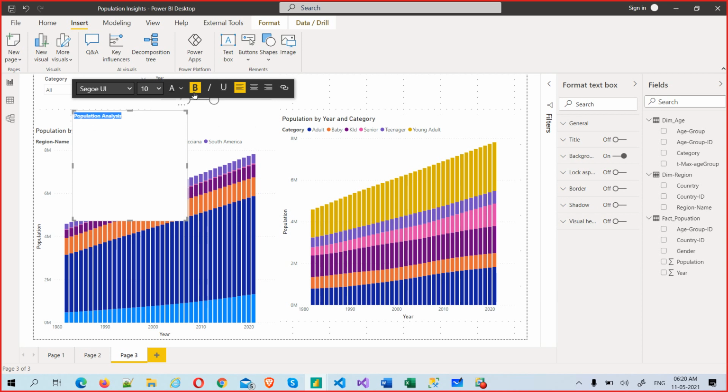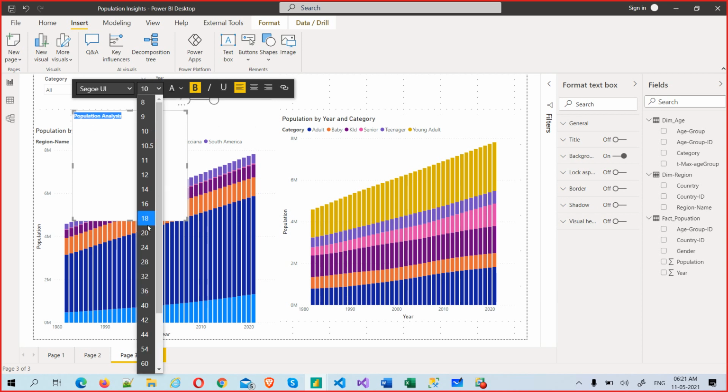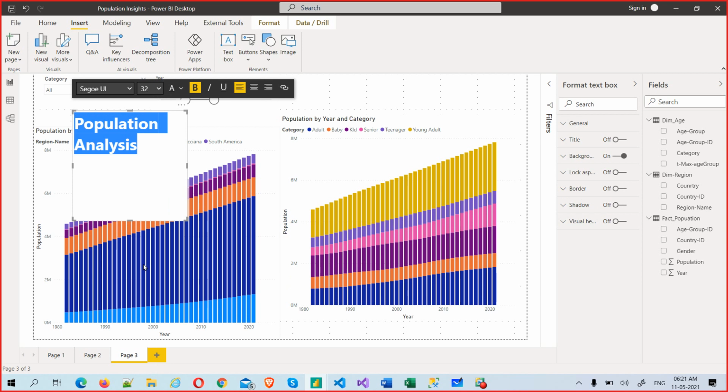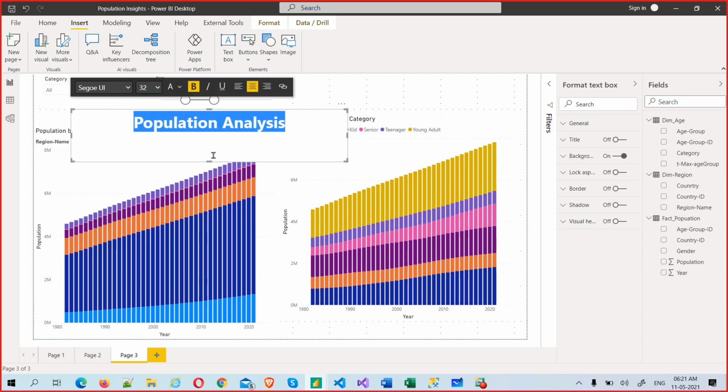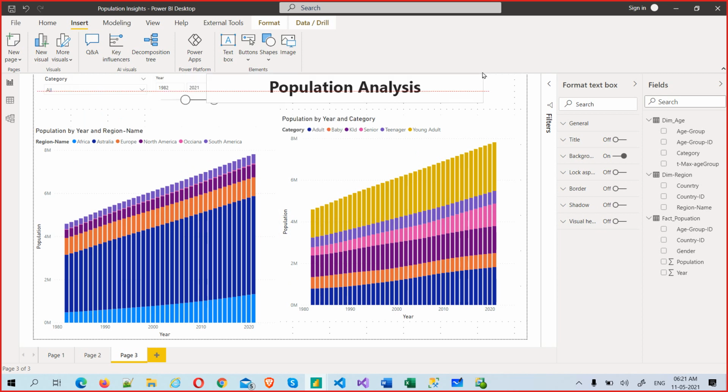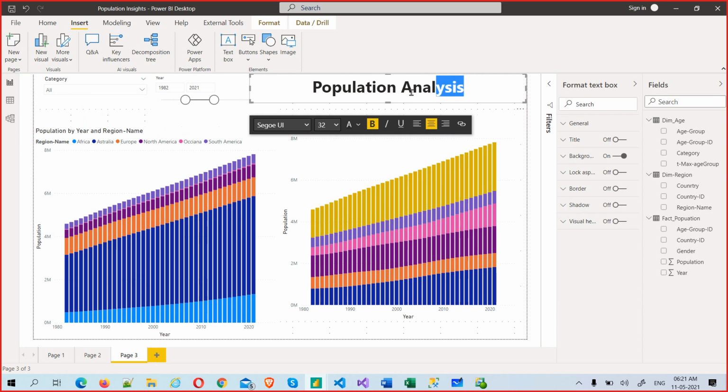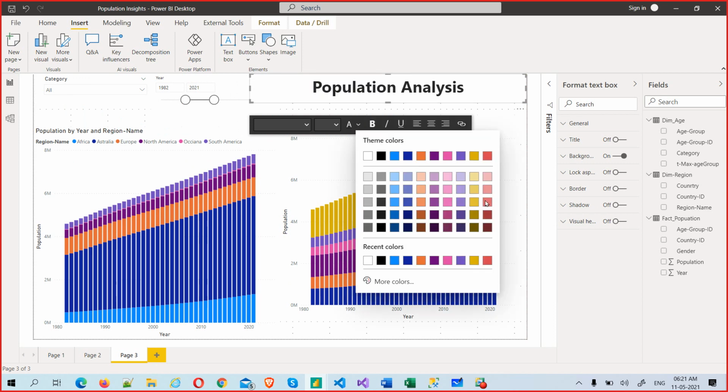I'll make it bold and a bigger font, and make it between, then push this something like this and make it bigger. If you want, you can change the color also. If you don't like the black color, make it something blue.